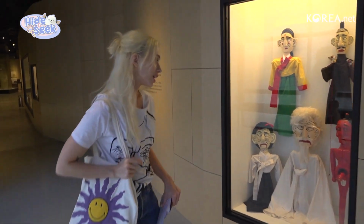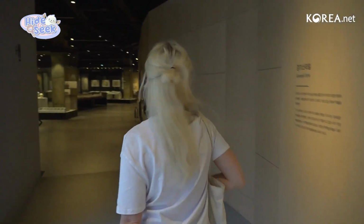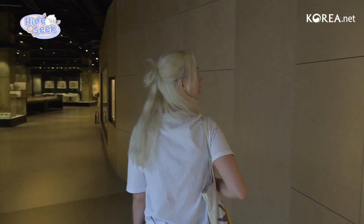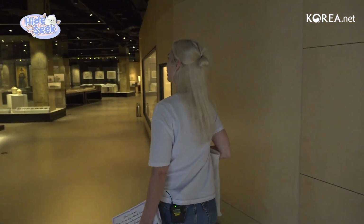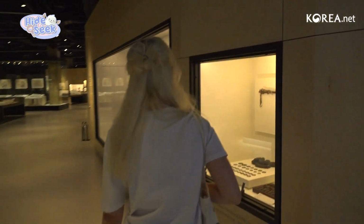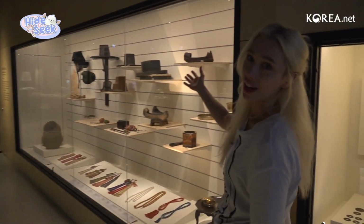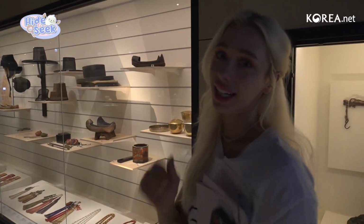Wow. Really interesting. It's kind of cool to see how it develops over time. Gyeonggi style. And this is what I wanted to show you guys. This is probably the most unique part. As we go through, we're going to be showing you guys all different kinds of artifacts. But right here, we've got the, drum roll please,